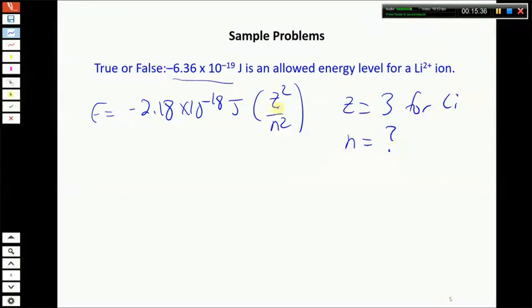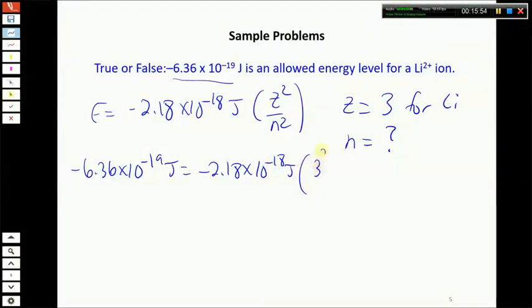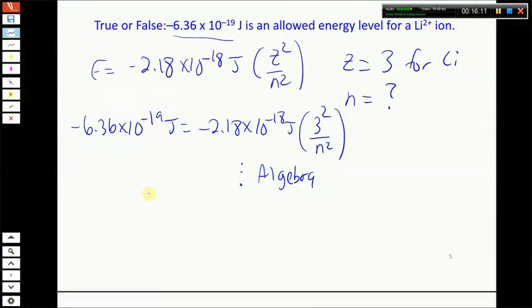So we're going to just use this equation and solve for n. Minus 6.36 times 10 to the minus 19 joules is our given value for E. And we're going to set that equal to minus 2.18 times 10 to the minus 18 joules, and then Z squared over n squared. So Z squared is 3 squared, or 9, and then we're solving for n. All right. So we're going to do a little bit of algebra. Often in class, I'm going to shorten things by just putting it into the magic algebra machine, because I don't want to do all the steps on my own, because it takes time that we don't have. So anyway, with a little bit of algebra, when we rearrange, we do some cross multiplying and dividing and all that good stuff, we get n squared is equal to